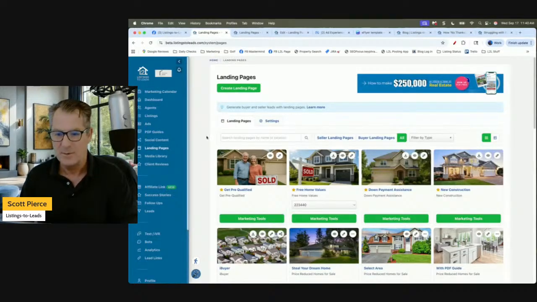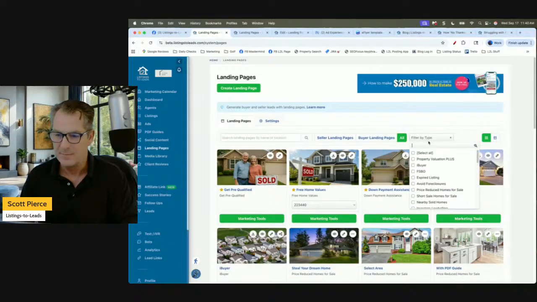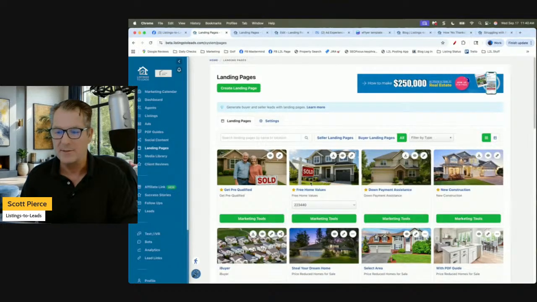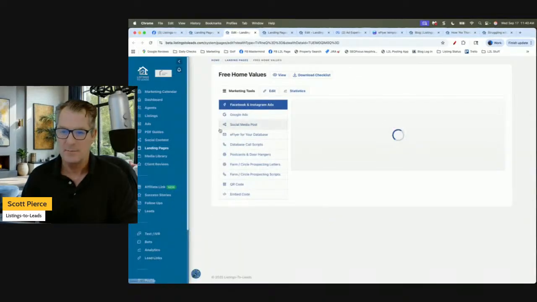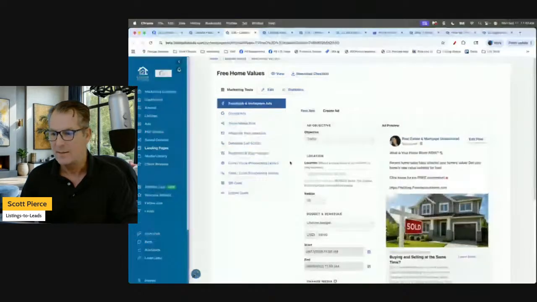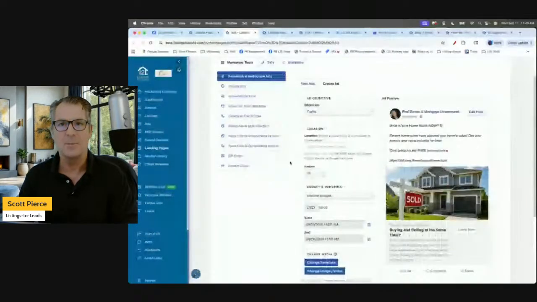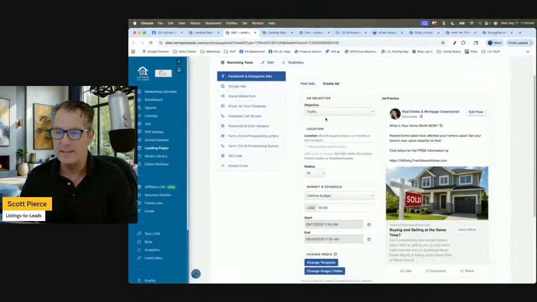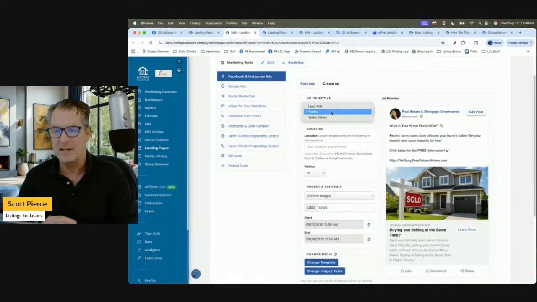So what am I doing here? Filter by type. I'll just use free home values. So, free home values right here, marketing tools. Just like before, we're going to be in the work area. Now, here you've got a couple of different options. One is I can leave it at traffic. And if I do that, when people click the ad, which we see an example of right here,